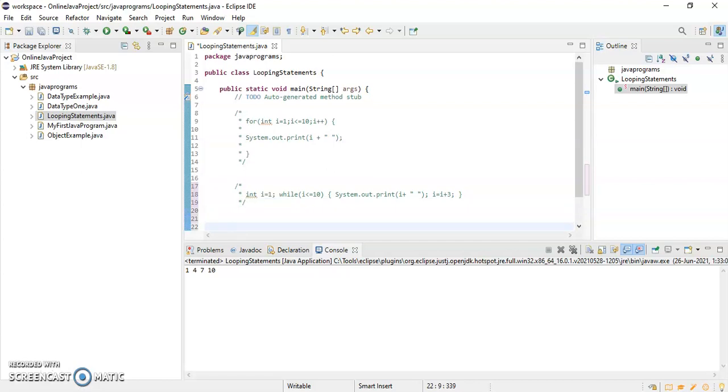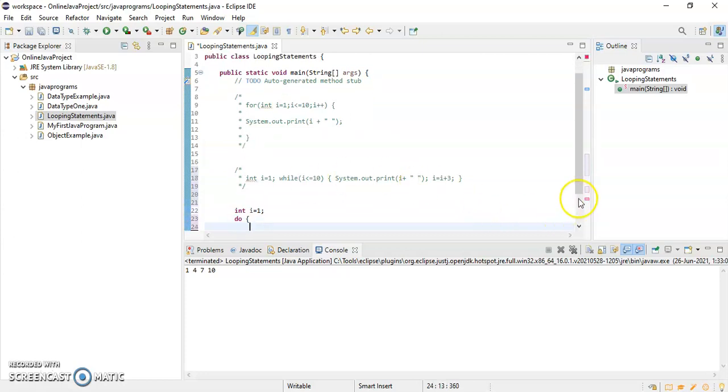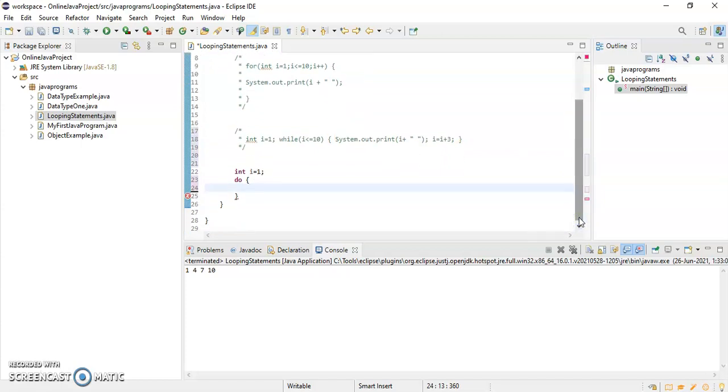Okay, so now same scenario we will try with do while. First I'll initialize the variable int i = 1, then I'll write do. So what it has to do? It has to print the value of i. So I'll just write System.out.print, because I want to print the values in a single line.